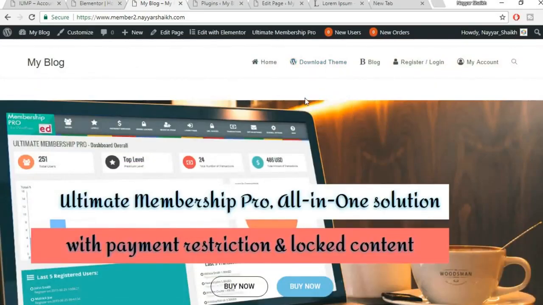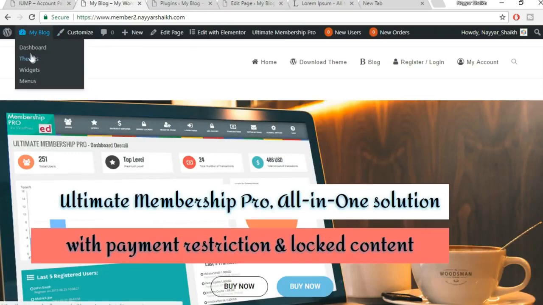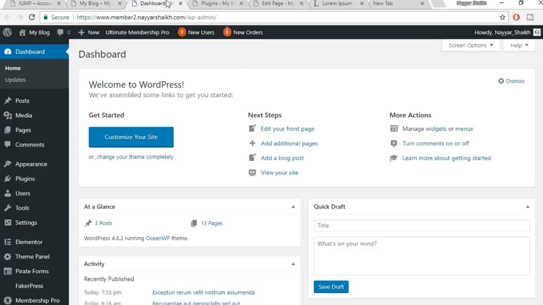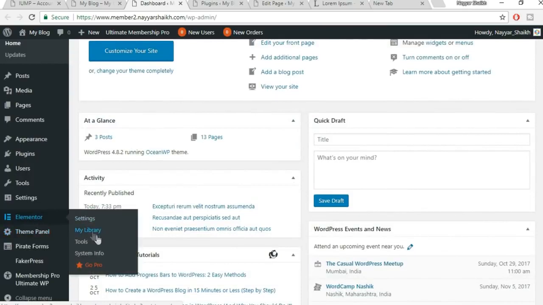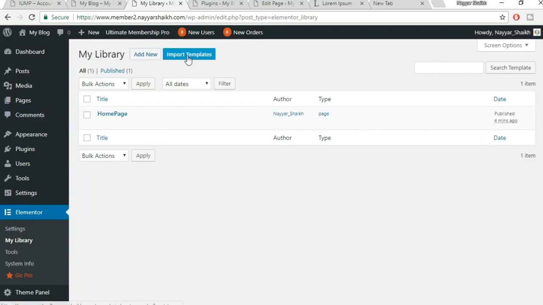You can import more pages. Here, for example, this is the home page. As I said earlier, I have created about us, contact us, and services pages as well. So let's see how to do that. Now let's close this page. Go to dashboard. Now let me import some more pages over here. So hover over Elementor, go to my library. Click on import